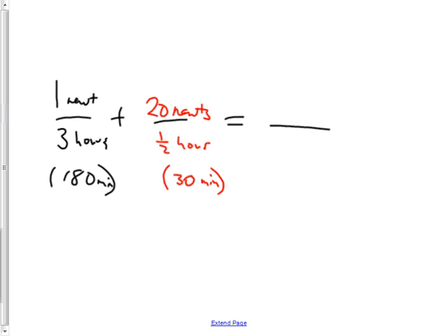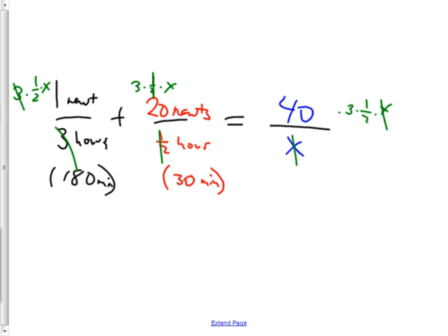All right. Okay. So the last thing was, how many newts did I have to clear? I think it was 40, right? And I don't know how many minutes, so we put an X there. So if you had to clear a 1/2 and a 3 and an X, it's simple. You just multiply everything by 3 and 1/2 and X. That cancels that. That cancels that. And that cancels that. And now I have 1/2 X